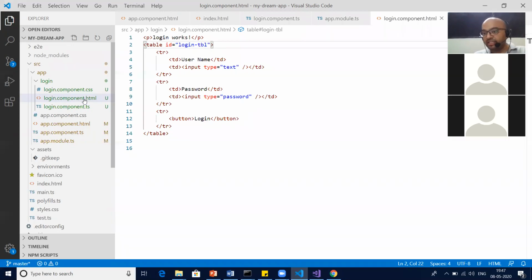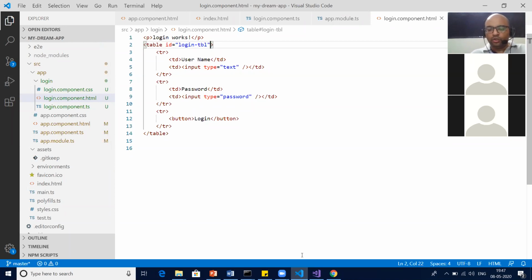Correct. But still we need it sometime. Then still we need it very badly sometime. Correct. So first I'm going with the proper way, the proper channel. That is the complete component programming. You have HTML, you have CSS, you have TS file, I mean class file. Correct. Okay. So now what next? So we have seen a new component we created, we styled it, and we added here in the app.component. So now it is available in the HTML page.